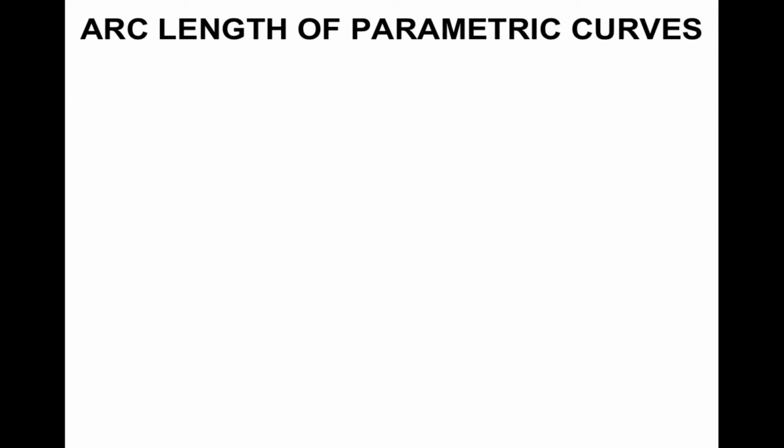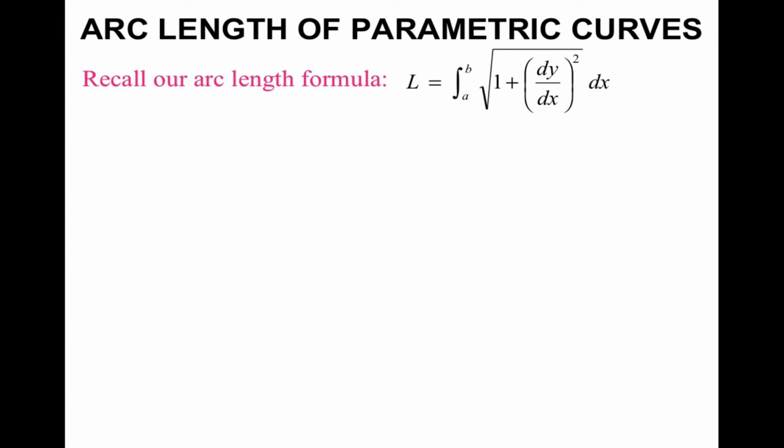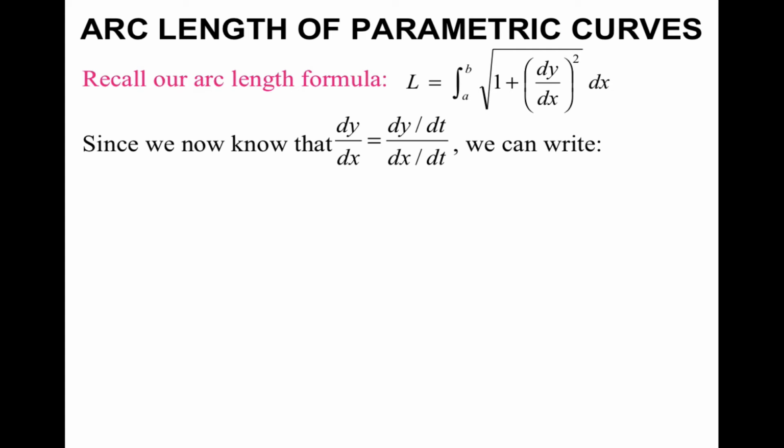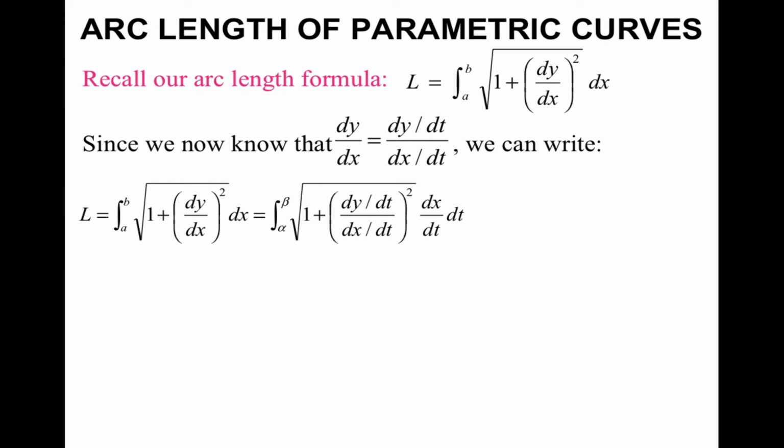All right, arc length of parametric curves. So recall our arc length formula, which is given by the integral from a to b of the square root of 1 plus dy dx squared dx. So since we now know that dy dx for parametric curves is dy dt over dx dt, we can write the arc length from alpha to beta of the square root of 1 plus dy dt over dx dt squared